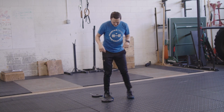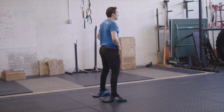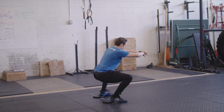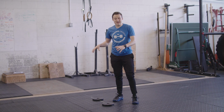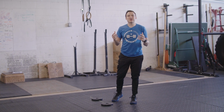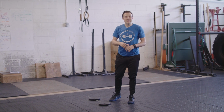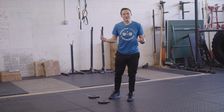Then what you want to do is go ahead and flip around the other way. You're going to put your heels on here, and you're going to try a squat and see how that feels. And again, if your ankles are pretty stiff, that is going to feel like magical relief in your squat, and it's going to make it feel so much more natural and so much easier. If you don't really notice any difference between this and your regular squat, chances are you don't have a stiff